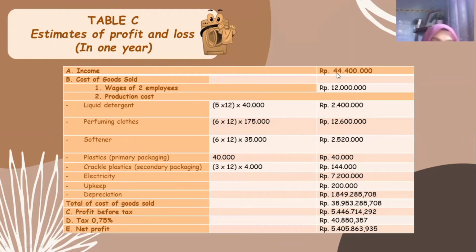And for cost of goods sold, we have wage of 2 employees is 12 million. And the production cost, we have the total of cost of goods sold is 38 million and 900. I repeat, 38 million and